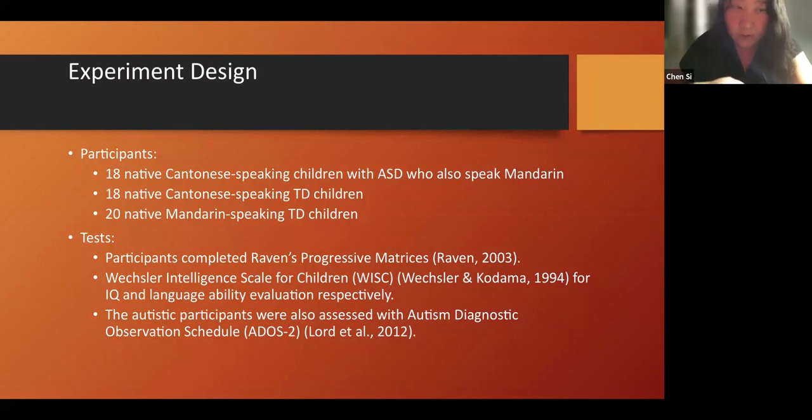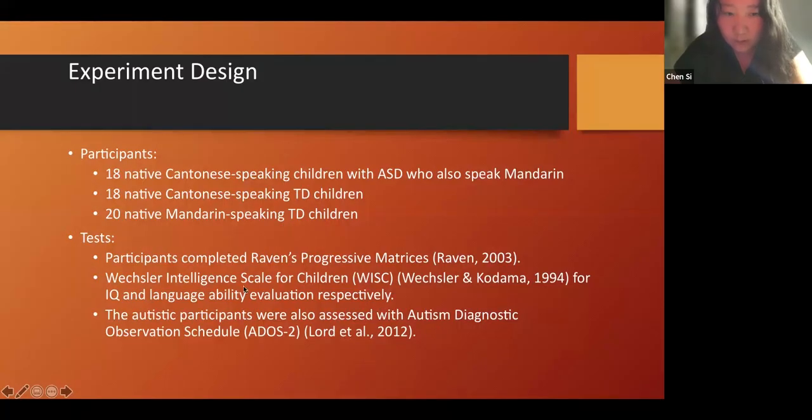So we have collected data from Cantonese-speaking children with ASD and without ASD, as well as Mandarin-speaking TD children as baseline. And we have also done the IQ test and the language test.